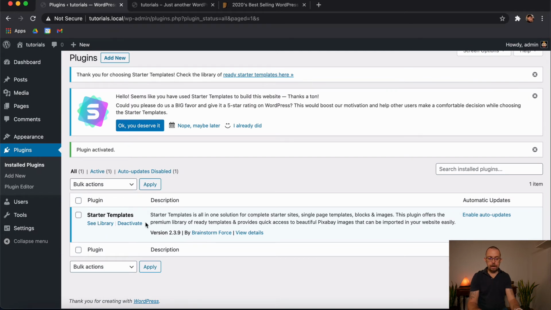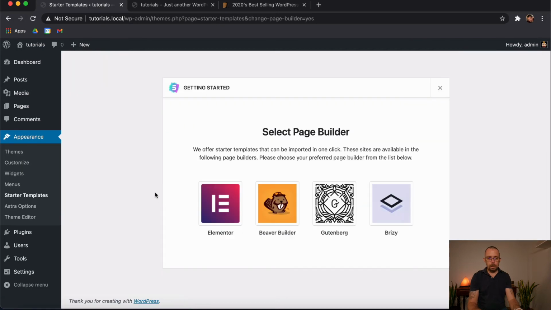You'll see here that it's active. And what that means now is we can get this little link here that says See Library. We just simply click on See Library. And inside of here, it offers us some different types of page builder. Gutenberg is the built-in WordPress one. What we're going to do is just add Elementor, because we're going to be focusing a lot in later tutorials